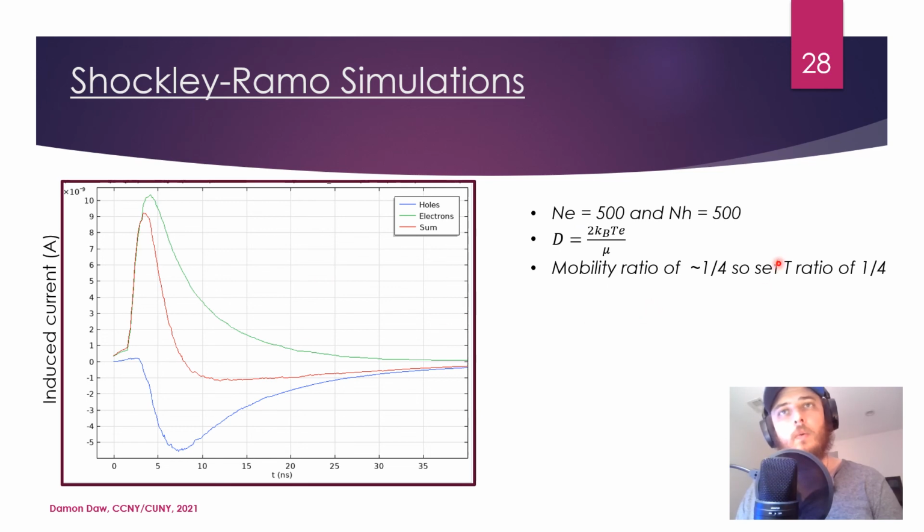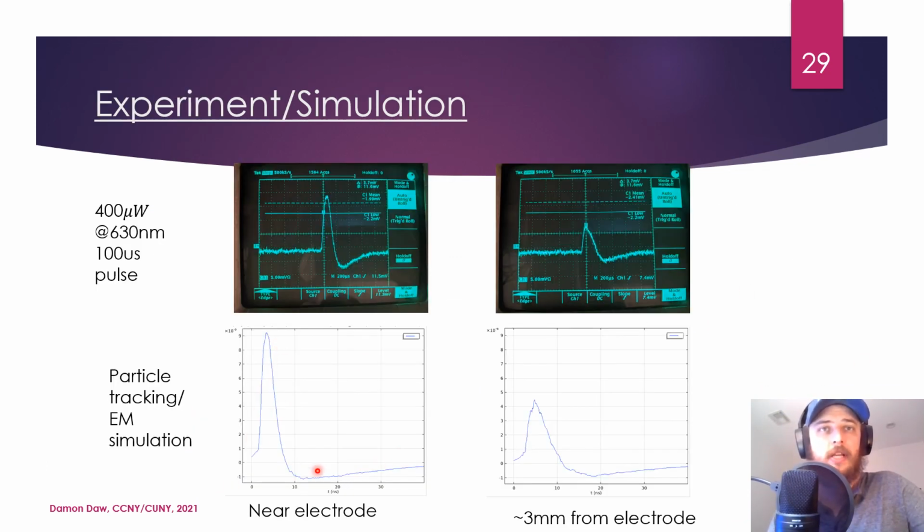one thing we had to take into account was that the mobility, or the rate of diffusion, of electrons and holes in semiconductors in general is not the same. In silicon, they have a difference of mobility of about 1 to 4. So in order to take that into account, we set the temperature of the holes to be about 1/4 the temperature of the electrons in our simulation. And we get a pretty good qualitative agreement. Here's the experimental data, and here's the simulation. So that's a nice result, showing that we're understanding the signals we're getting out of the experiment so far,